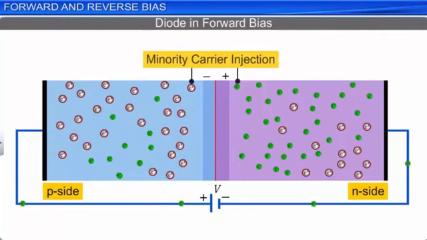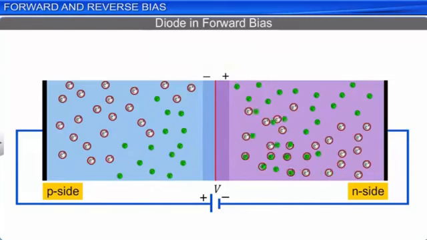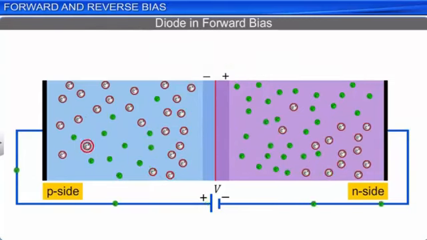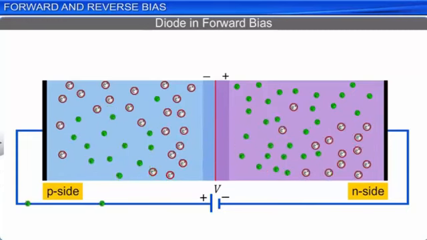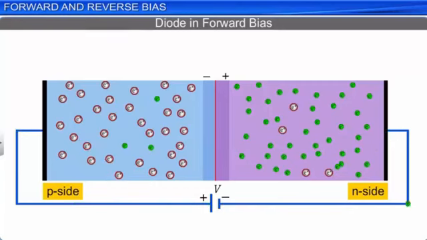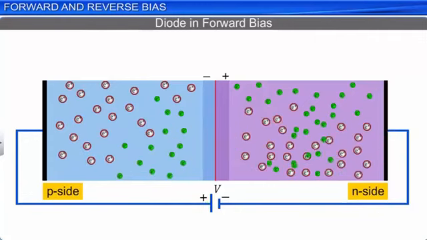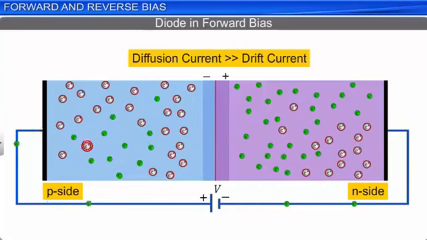As a result of the minority carrier injection in a forward biased diode, the diffusion current increases much above its equilibrium value. But the drift current remains almost unaffected since the rate of formation of electron-hole pairs is almost constant and is independent of the electric field applied by the battery. Thus, the diffusion current exceeds the drift current,